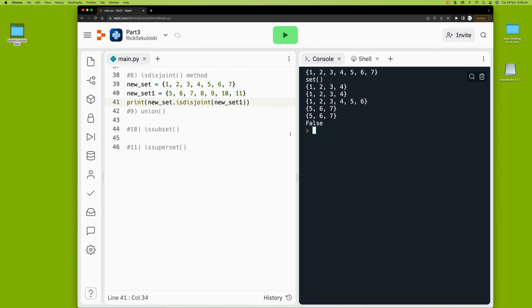False, of course, because remember, it returns true if the sets we are comparing have different items. But here, 5, 6, 7 and 5, 6, 7 are the same for both of the sets. So that's why it returns like this. Now, this will be true only